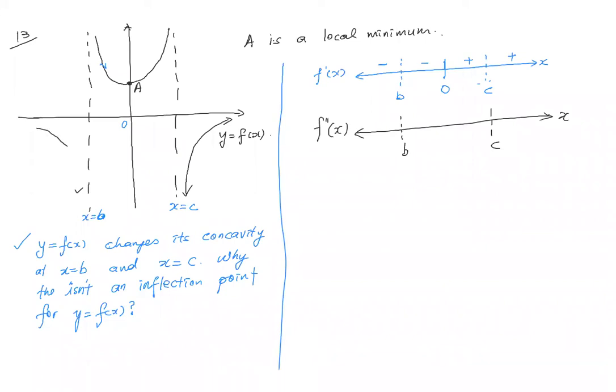So this part is concave down. So concave down, you will have a negative sign. This part is concave up here, so positive sign. And this part is also concave down, negative sign. So now I know that